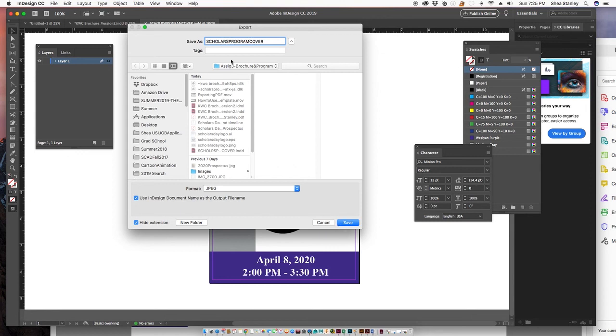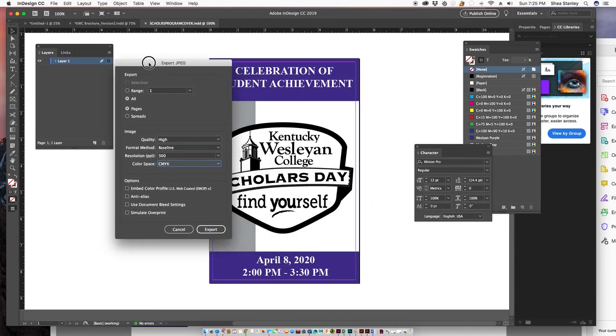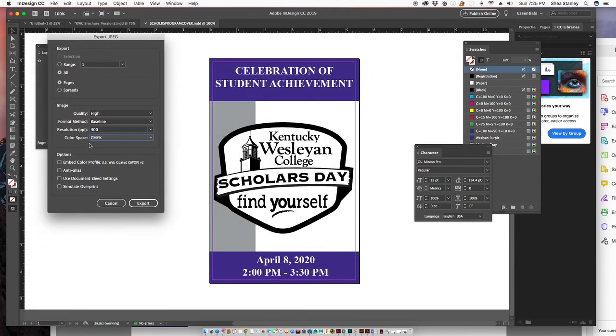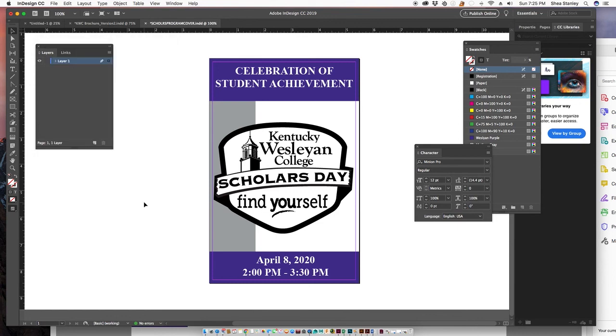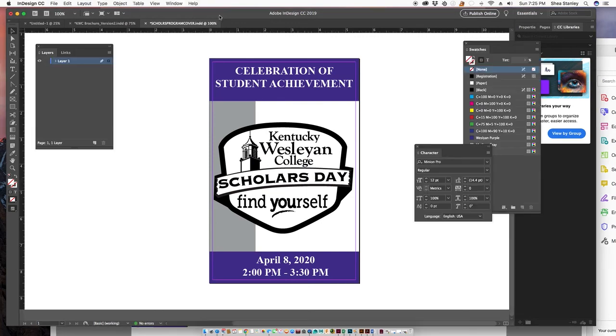I'm going to save it into my assignment folder. I want to save the range of just one page. I want to save it as high quality. I want to save it baseline resolution. I'm going to save it as 300. That's the resolution you need to use for print. The color space, we want to convert this to CMYK, and that's the printing color space. We haven't gotten into that, but for this, you need to just make sure you're doing CMYK, and I'm going to export. And then what I should have is when I go to my folder,